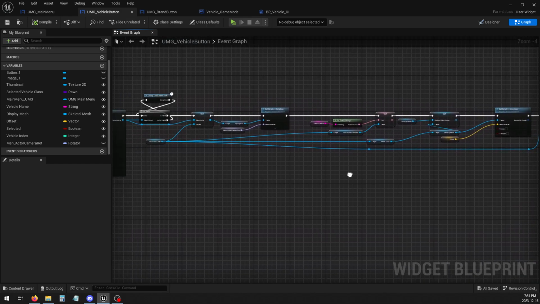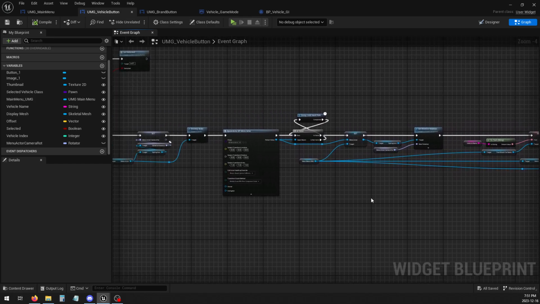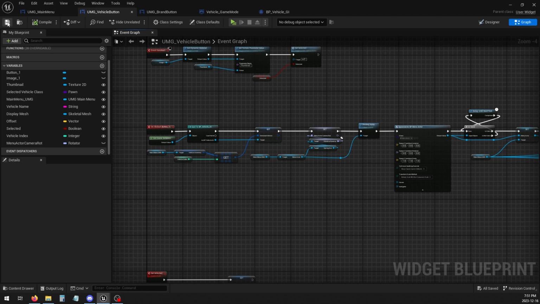And so now the menu knows which car you are currently selecting from the inventory, and that's going to be important for the future. And I believe with that done,